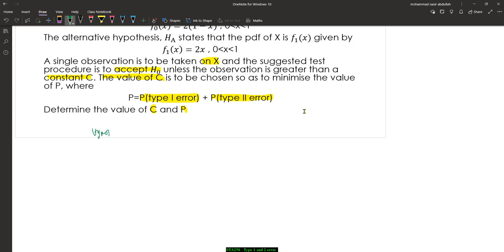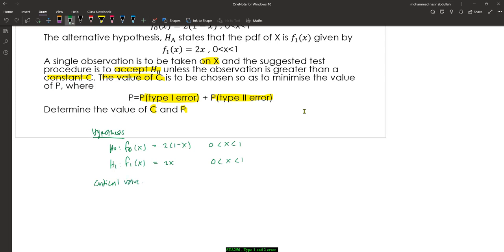Our hypothesis statement: the null hypothesis, where f naught x should be equal to 2 multiplied with 1 minus x, where x is between 0 and 1. Alternative hypothesis, f1 x should be equal to 2x, where x is between 0 and 1 as well. So the critical